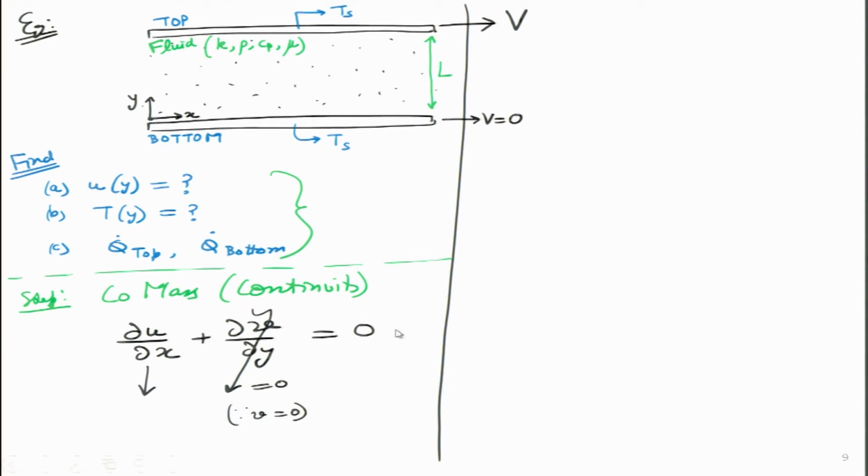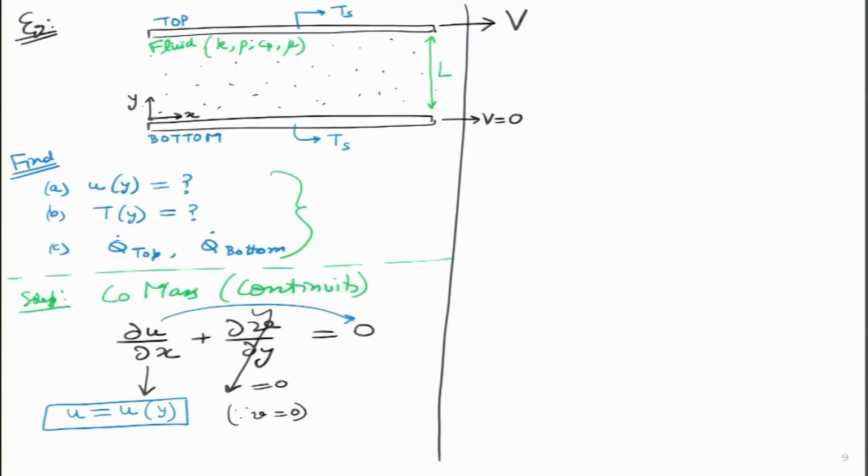So, what does this first equation tell me? That u is not a function of x, because the partial derivative for that is 0. So, what it means is that u is simply a function of y. Over here I can go back to my diagram on the top and say that whatever the velocity profile is, if I draw it like this, it may or may not be correct, we will figure it out. If this is the velocity profile at this value of x, it will remain the same throughout. So, even if I draw it over here, and over here also it will remain the same.